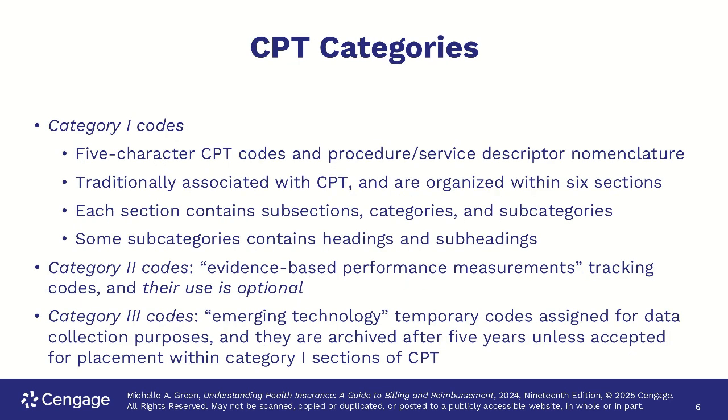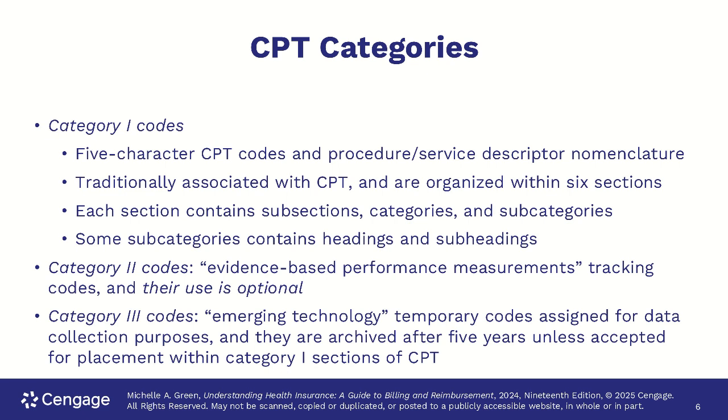All right, so let's look at the categories of the CPT code set. And you're probably thinking, hey, this is a good review because we talked about this in week one of our Introduction to CPT and HCPCS coding course. So the CPT manual itself has three categories. The main category is category one, which includes our codes for procedures and services. That category is divided into six sections. Those six sections are further subdivided